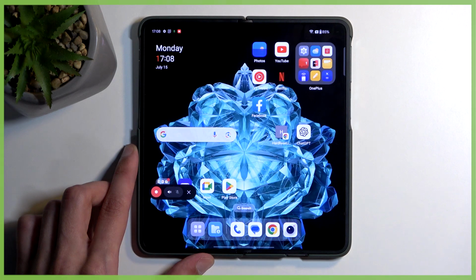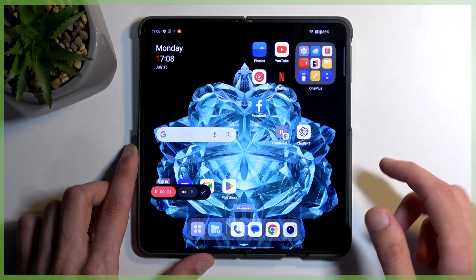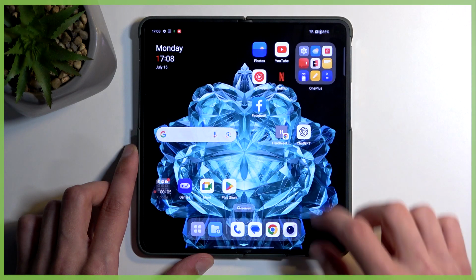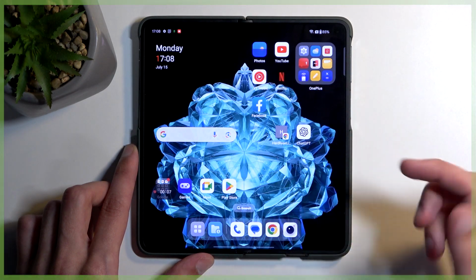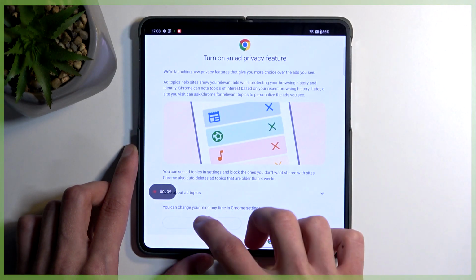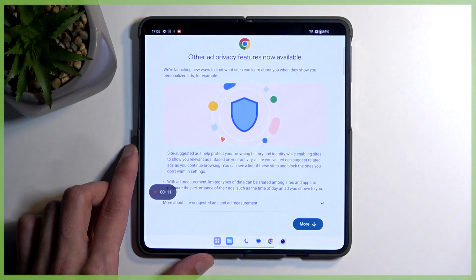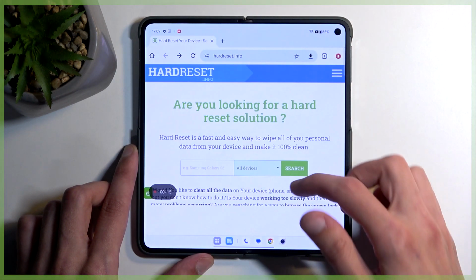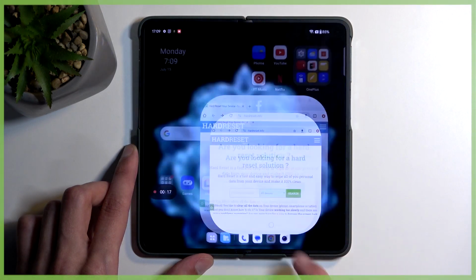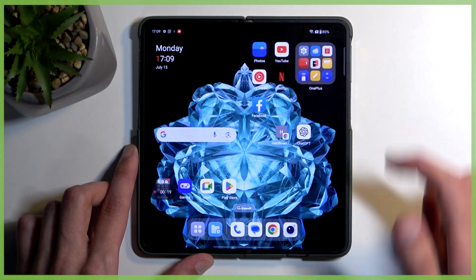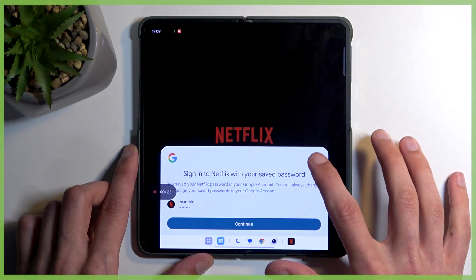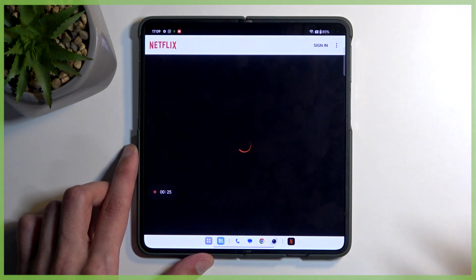Anyway, I'm just going to select the record button. As you can see, it shows you the timer right here. So whatever you'll do right now will be recorded by the device. And if you open up some kind of applications, they should be also recorded as well. Now there is a limitation, so I am starting off with an application that I know will be recorded, like the web browser. But then if I go to Netflix, I am showcasing this as it comes, well, basically